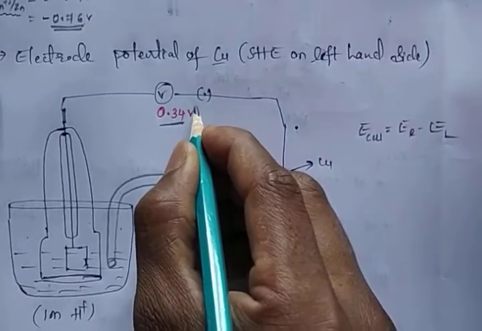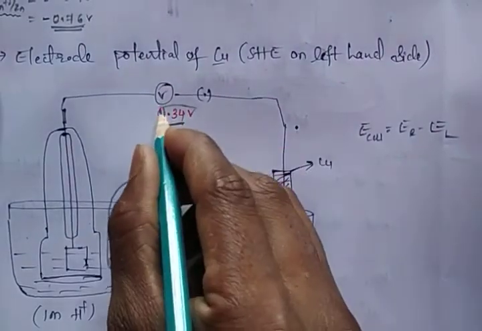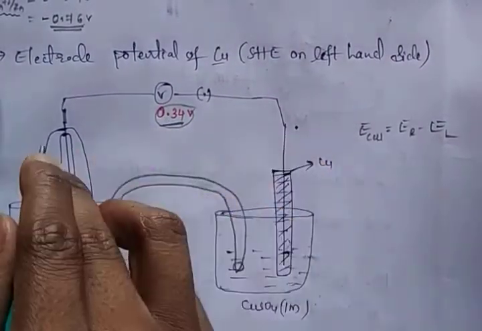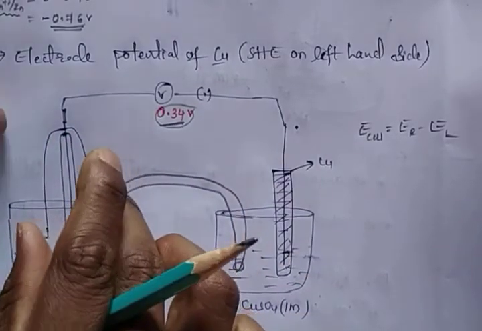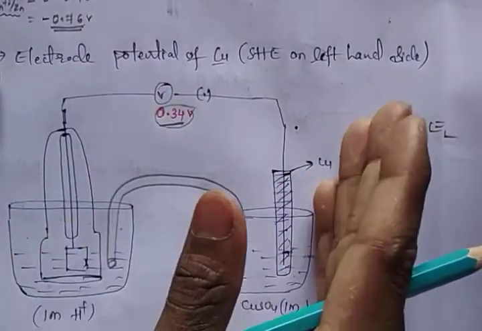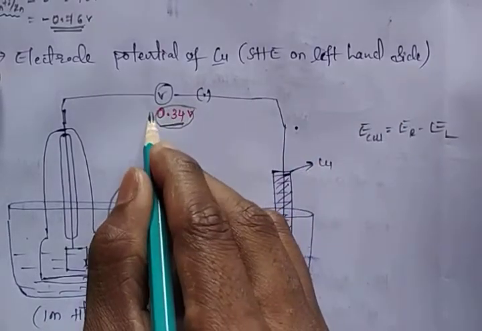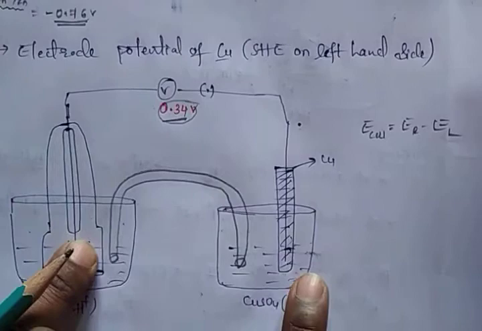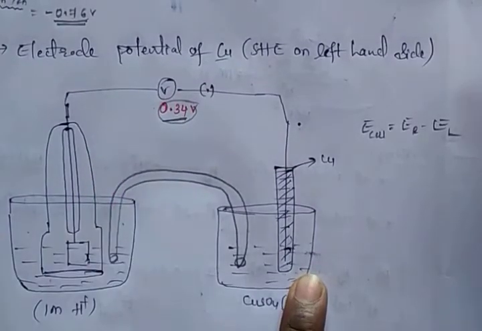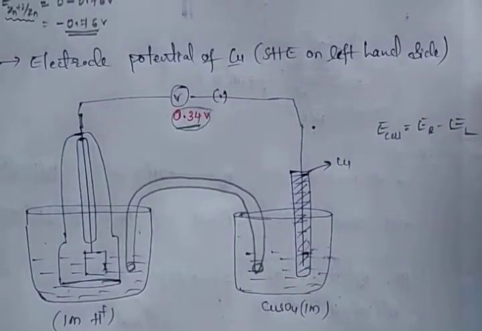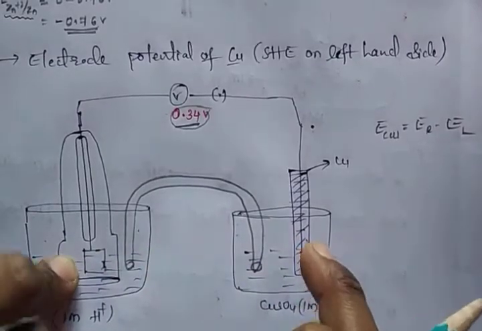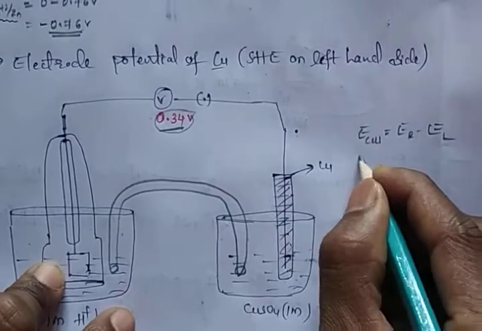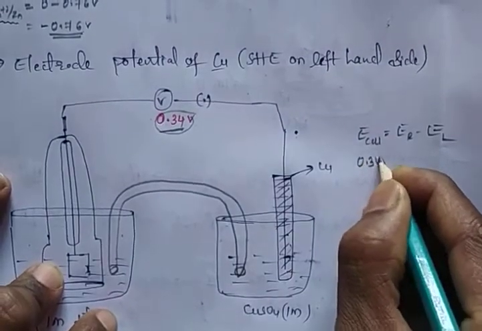यहाँ पर जो भी values आते हैं, any values, that values you need to take. If it is plus, then our connections is right. That means SHE, where we have connected either left or right, that is right. If we are getting a negative values, then you change these two half cell, interchange these two half cell and note down the values, left side or right side, because with respect to this we are measuring the electrode potential values of an electrode. So in this case, E cell value is 0.34.